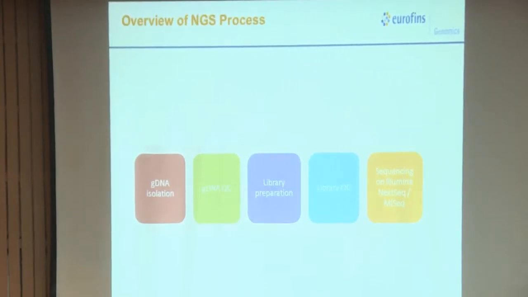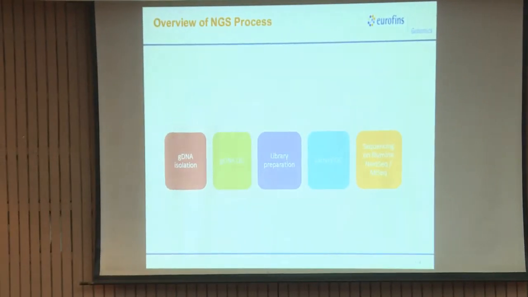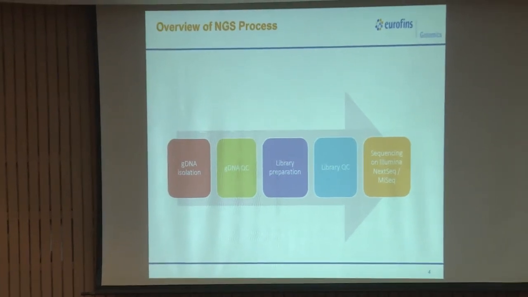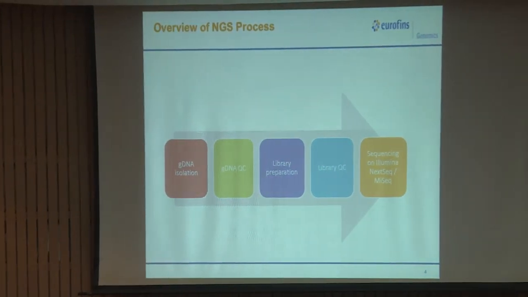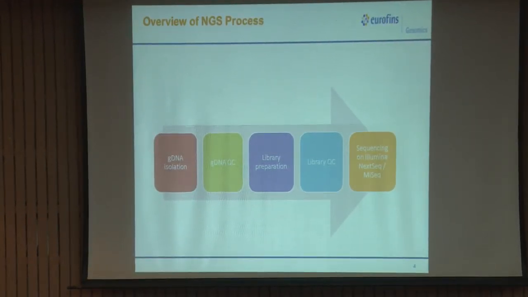Then we have library preparation. Library preparation is nothing but ligating adapters. These are components of the library kit. For example, if you are doing a sequencing on Illumina, we have the Nextera kit, and we have many other kits which are available for preparing a library, right. So, these kits have components like adapters, and these adapters are very important components which bind to your DNA template. How will your machine identify what your DNA template is, what has to be sequenced.